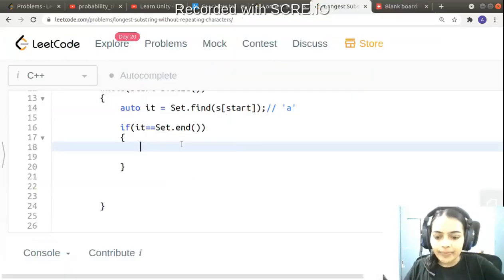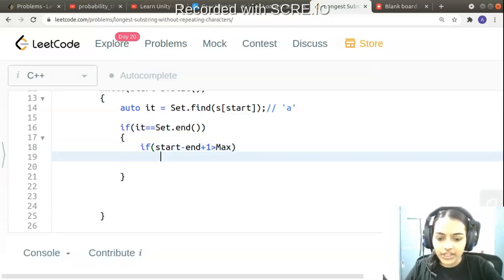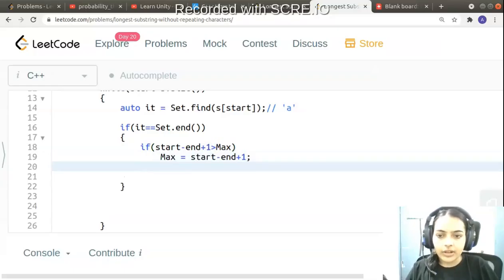So we are going to check if start minus end plus 1, this length, is greater than max, then we can change our max. So max will become equal to start minus end plus 1, which is the length of the current substring. Also, this character is unique.